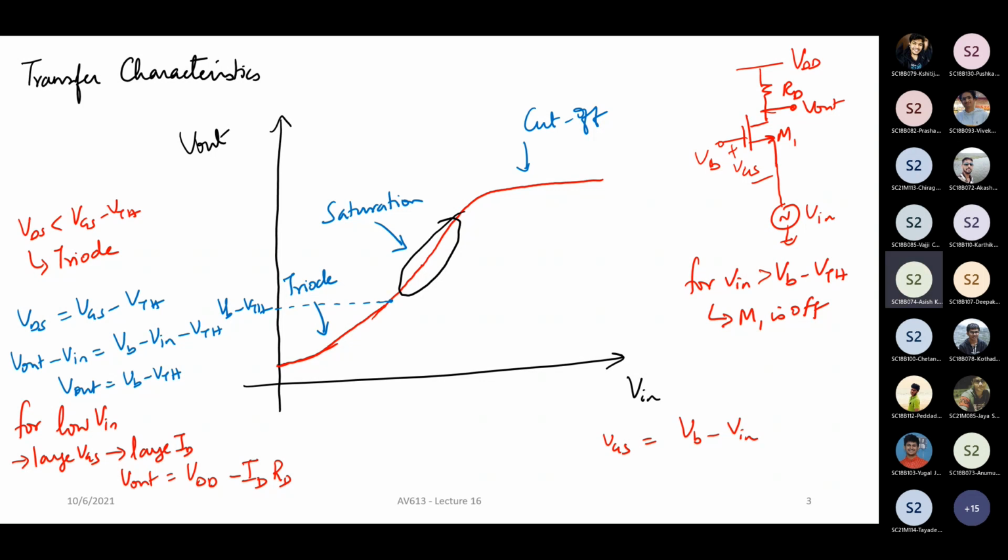Maybe you can simulate and see how it is. Okay, sir. Fine. The thing is, it depends. Even in the deep triode, it is linear here and then it starts having that curve region, right? So all this is still within the triode region. In the ID-VDS curve, it's only here that it is linear. Okay, sir.